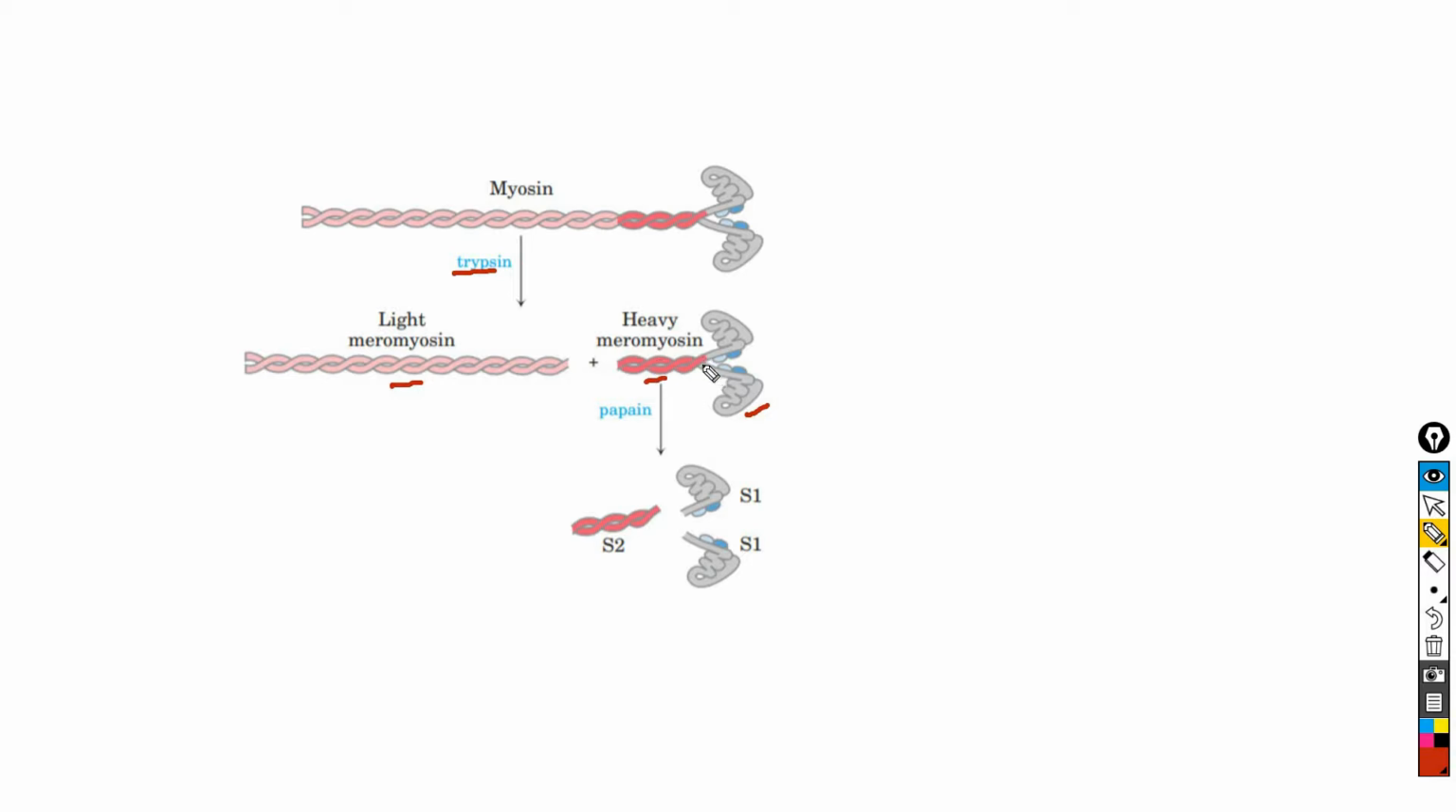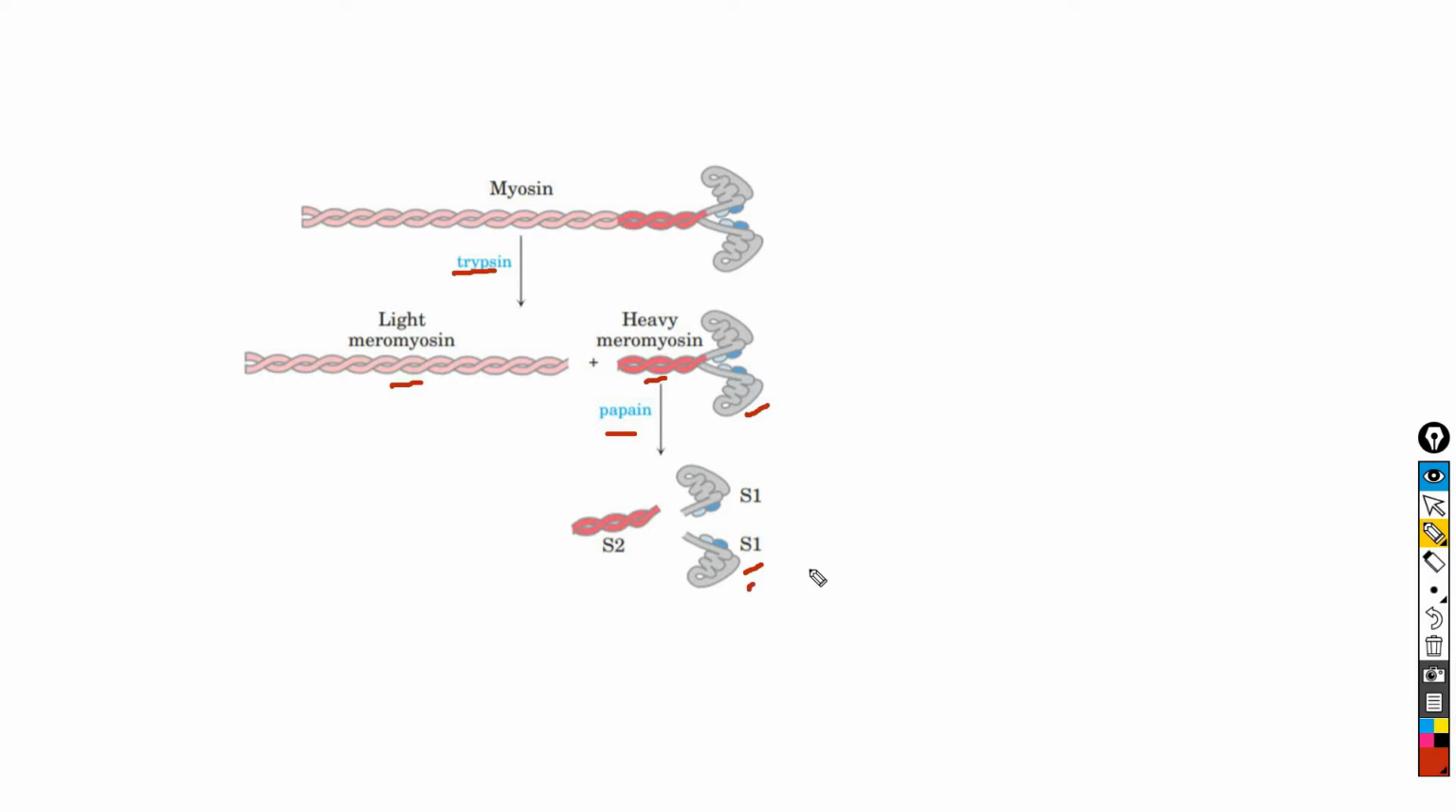When this heavy meromyosin is cleaved with papain, the myosin head group, which is known as myosin subfragment 1 or S1 fragment, is liberated from the heavy meromyosin. This means cleavage of the myosin molecule with trypsin and papain separates the myosin S1 fragment from the tail. Similarly, when muscle myosin is digested by chymotrypsin and papain, the globular head domain is released as an intact fragment